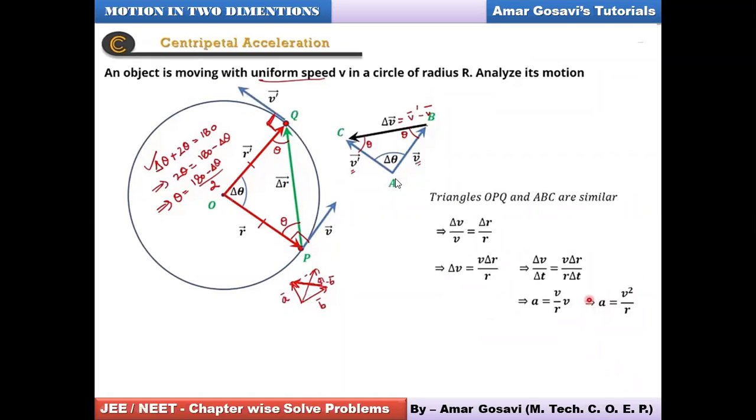So now I have a triangle where AB represents V bar and AC represents V dash bar. Because V dash is connected to R dash and V is connected to R, and they are rotated, for example, if R is rotated through del theta, obviously V will also be rotated through del theta, because they are the connected arms. Therefore, the angle between V bar and V dash bar is also del theta.